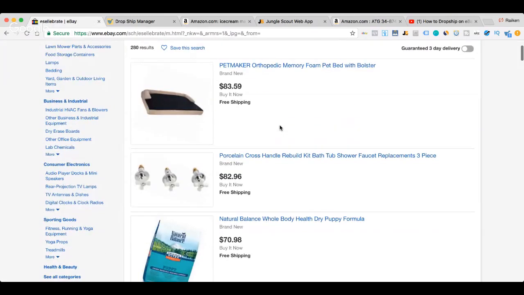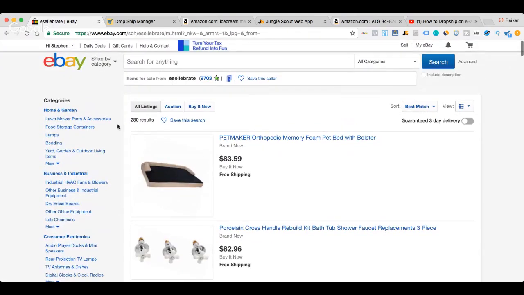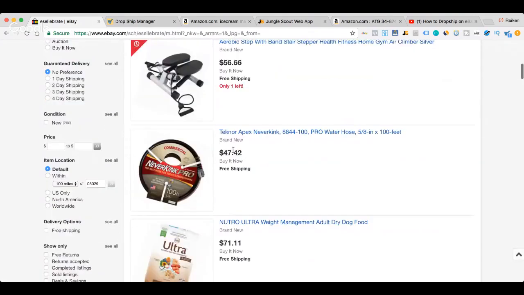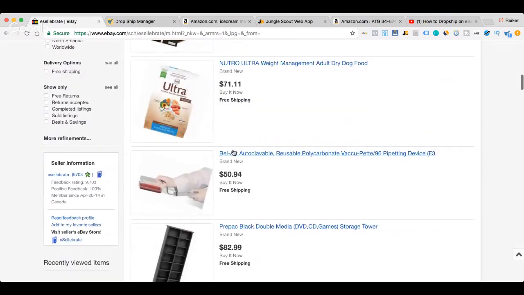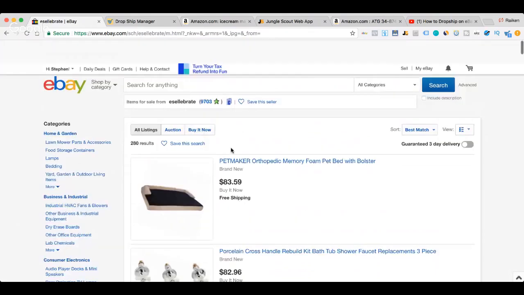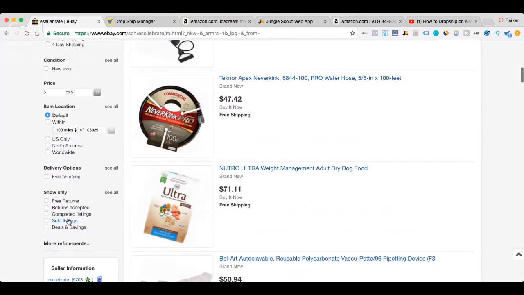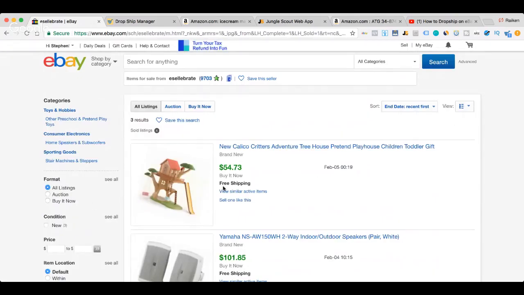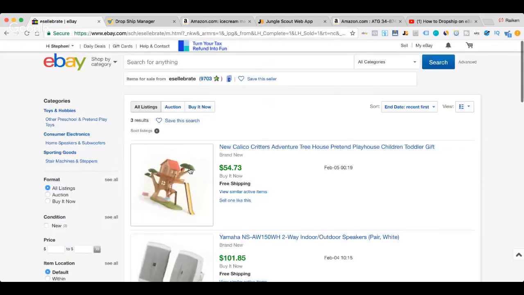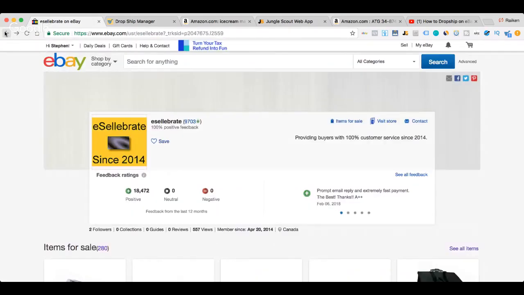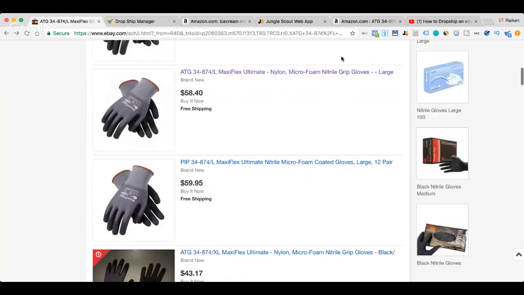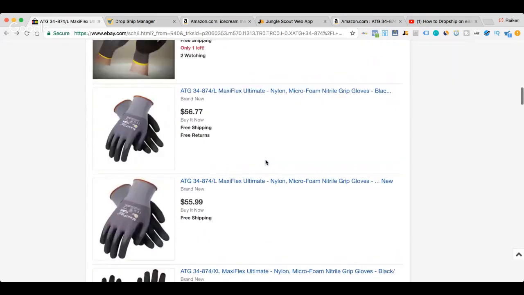No, I'm wrong. But in any event, this is kind of a bad example, but they have 280 items in their store. They're probably all going to be brand new items, which they are. You can tell that this is definitely a drop shipper, just because everything is brand spanking new. And if you go into the sold listings, let's see if this seller is actually selling anything on their store. Yeah, brand new, 101, 54, 55. So this person is definitely not a big drop shipper. I want to try to find someone who's maybe a little better to give a better example.